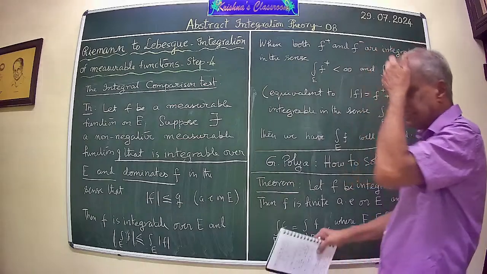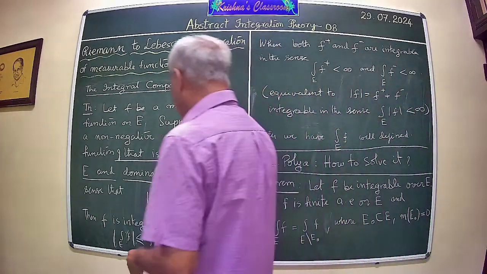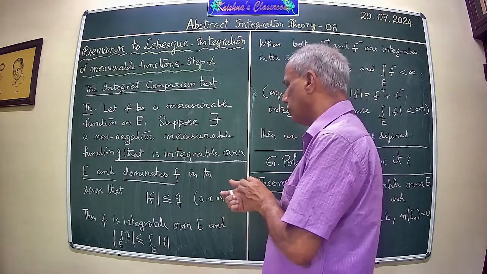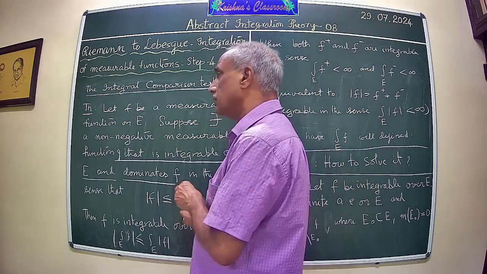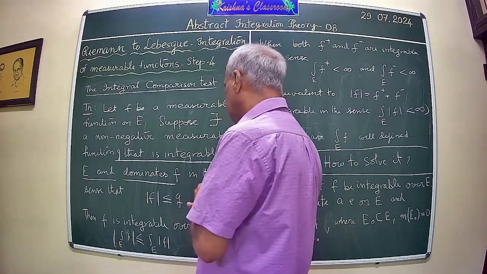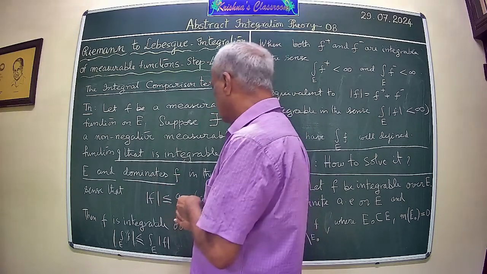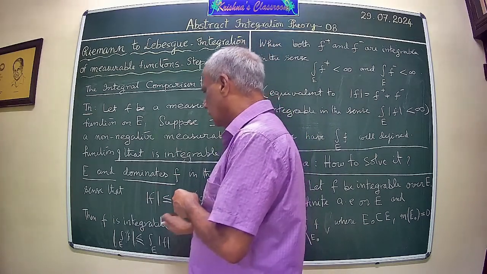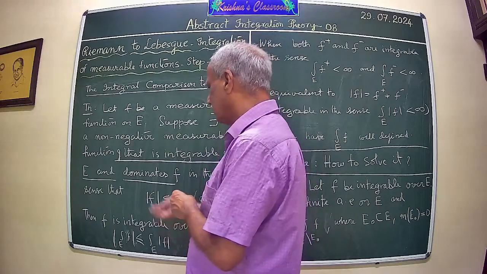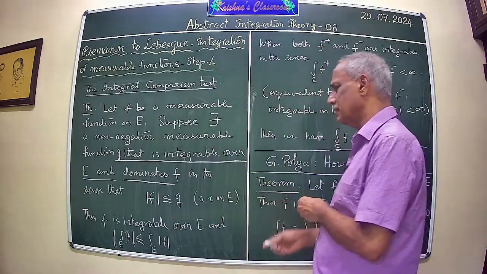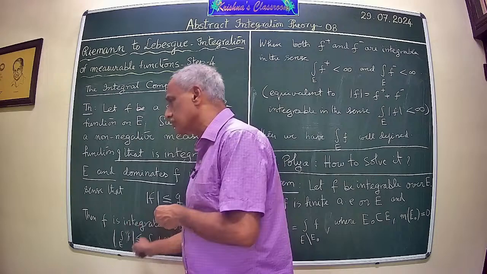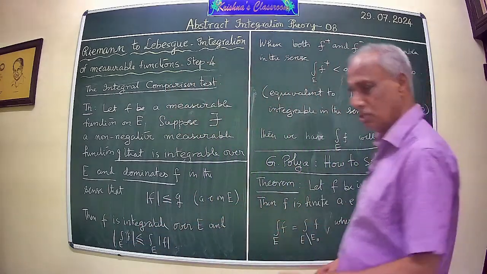That's a nice estimate for the integral. Given an f which may have a very complicated expression, it may be possible to find a function g which bounds it in this way, a function which is measurable and also integrable, because this is naturally a non-negative function. If it is also integrable almost everywhere on E, well then f is integrable over E and its integral is bounded by this. So this integral in such cases would give an estimate of the integral. Okay, so that is one of the